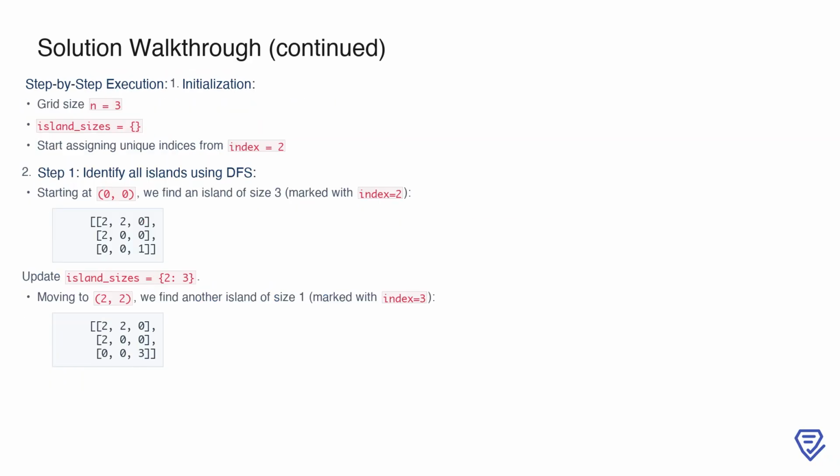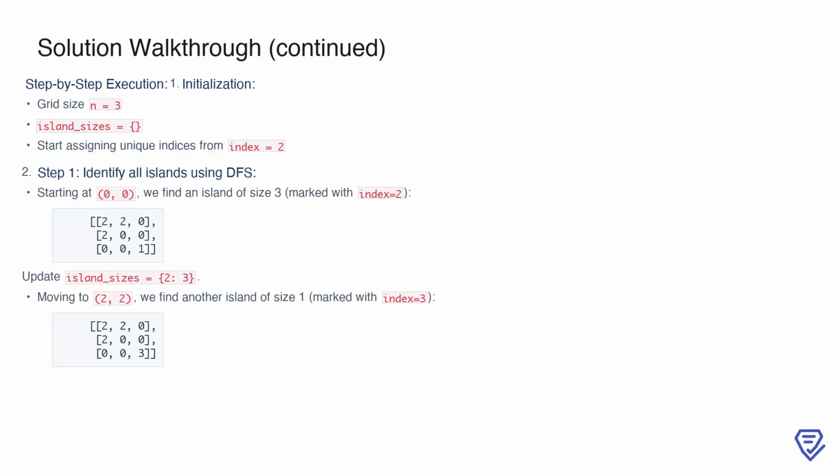In this example, we have a larger 3x3 grid with more complex island structures. The process begins by initializing the grid size n equals 3, an empty island_sizes dictionary, and starting the unique index at 2. Using DFS, we first identify the island at 0, 0. This island encompasses multiple connected cells and has a total size of 3. We update the grid to reflect this island with index equals 2 and record its size in island_sizes